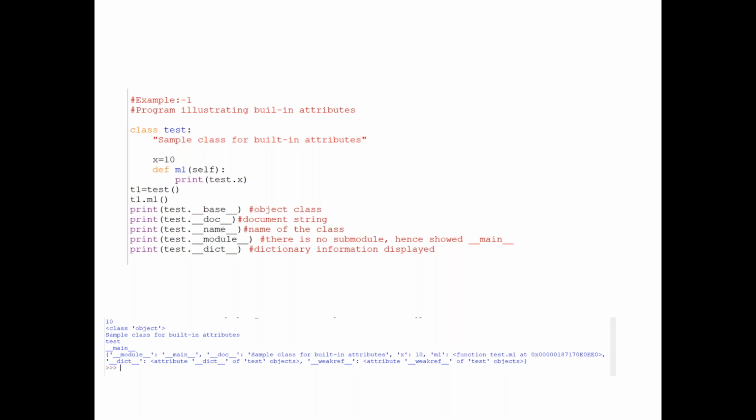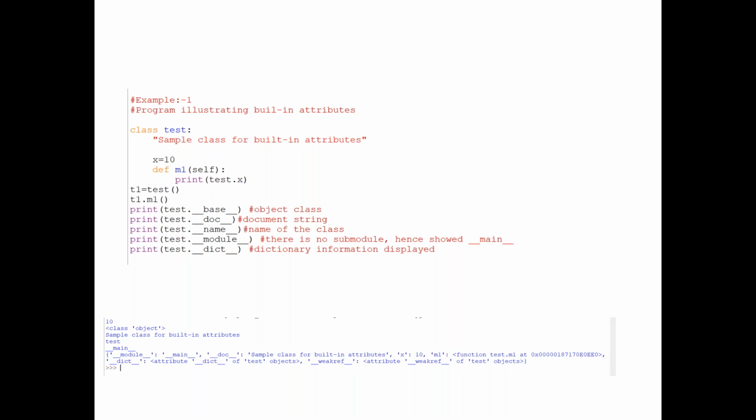It is a static variable, x equal to 10, because it is created within the class and outside of the method. Self.x or test.x, which is right? Self.x, I believe. Okay. What about Giri? Self.x.